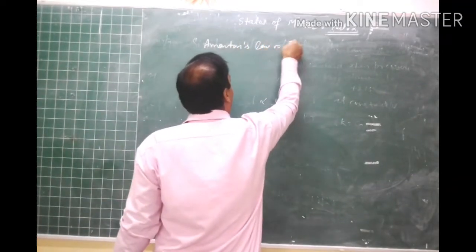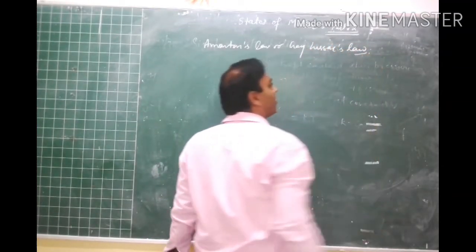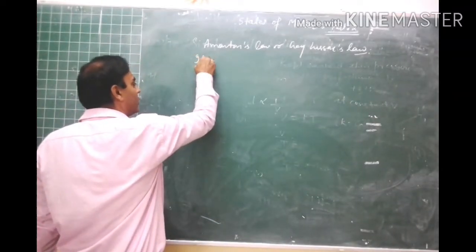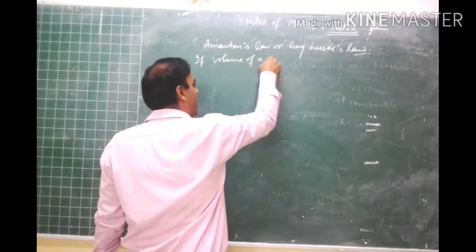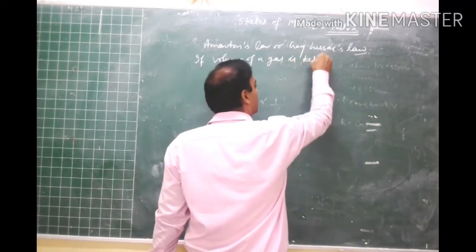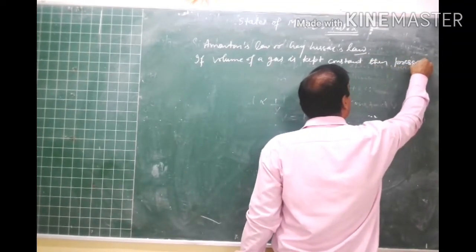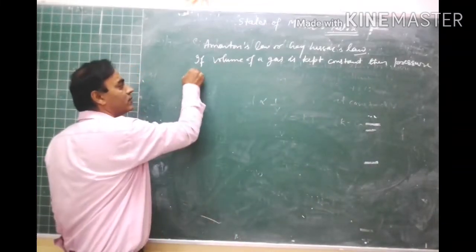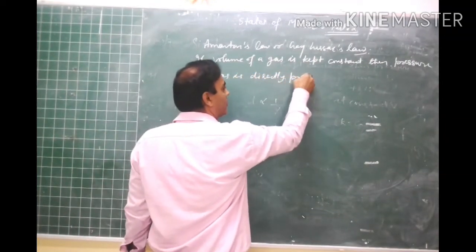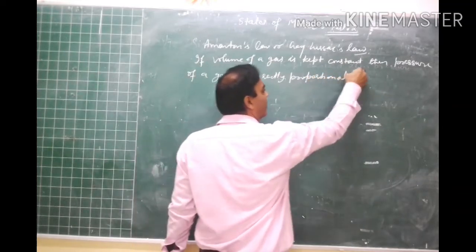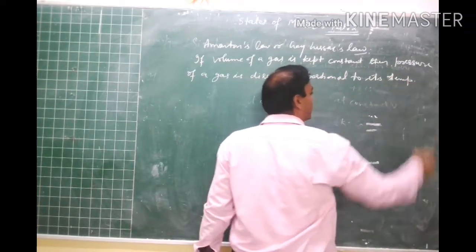According to this law, if the volume of a gas is kept constant, then the pressure of the gas is directly proportional to its temperature, right? Mathematically, we can write